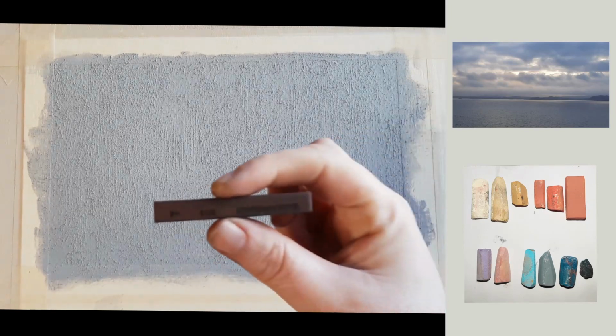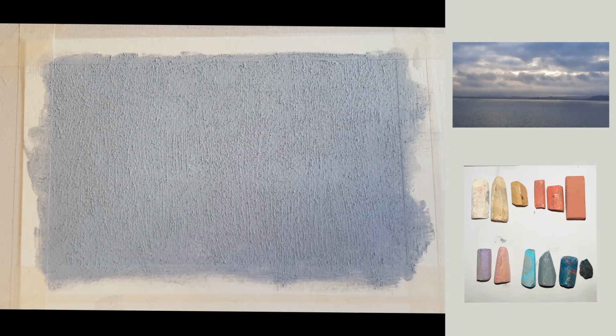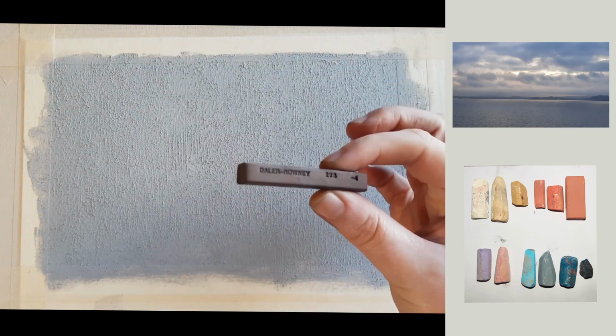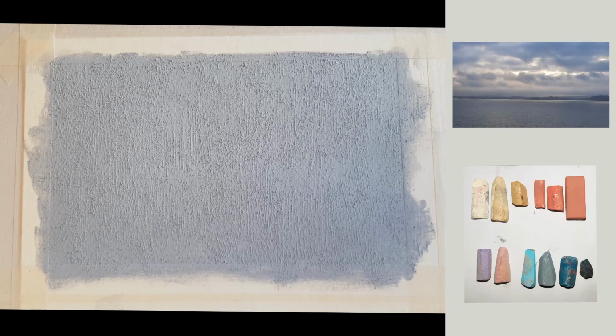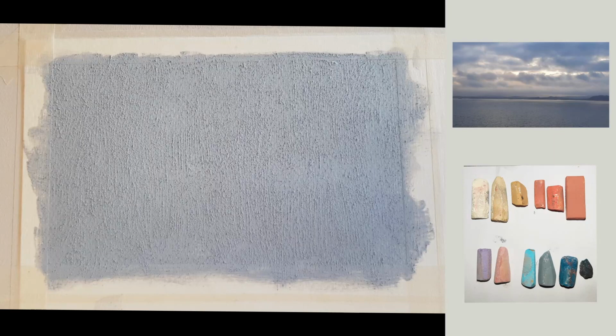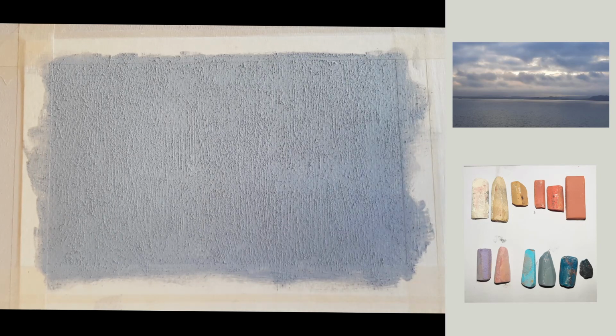So we are going to use the brown, hopefully you can see that. Oh, I've got it upside down, that doesn't help. There you go. So, you can see my reference photo. It's not got a lot going for it. I took it, it was just a random photo from a collection from our cruise to Norway this year, so it's not got a lot going for it, but it has some interesting light, and I want to just over-exaggerate this and maybe